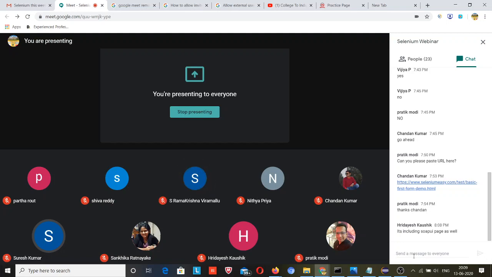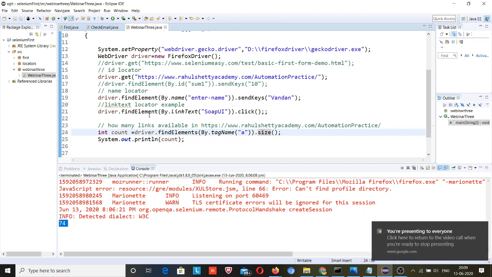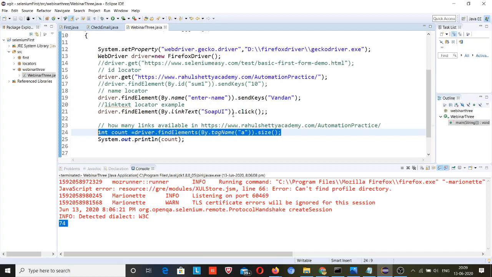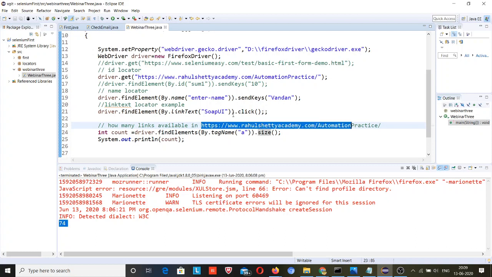Thank you, Ramakrishna. Because before counting these anchor tags, we redirected to the page where we had used this code before. So we redirected to the SOAP UI page, and when it redirected to the SOAP UI page, it counted the links present on the SOAP UI page, not in the URL that I was trying to explain to you. I was trying to count the links present in this web page. So that's why our answer was incorrect.